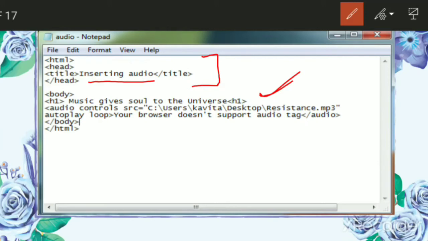After that we have the audio tag. This audio tag comes along with many attributes. The attributes used are controls, which helps to display the controls of the audio, and I told you last time that controls means the play button, pause button and the stop button. Okay, so these are the controls. Source specifies the location of the audio file in the computer system. So you have to take the complete path,